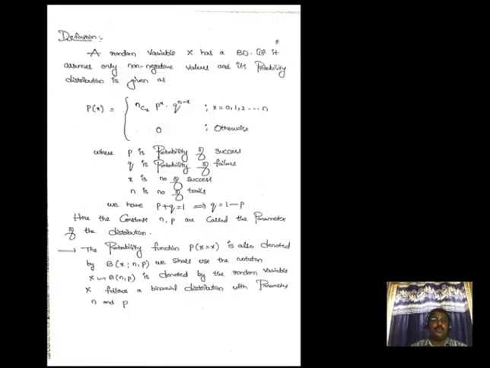Next, the mode of the binomial distribution. It is the value of x for which P of x has a maximum value. Here there are two cases: one is when it is not an integer, and another is when it is an integer. The next important note is the recurrence relation for BD, that is binomial distribution: P of x plus 1 equal to (n minus x) into p by (x plus 1) into q, into P of x. So this is the theory about the binomial distribution. If you are asked for the theory about the binomial distribution, then we have to write these points.